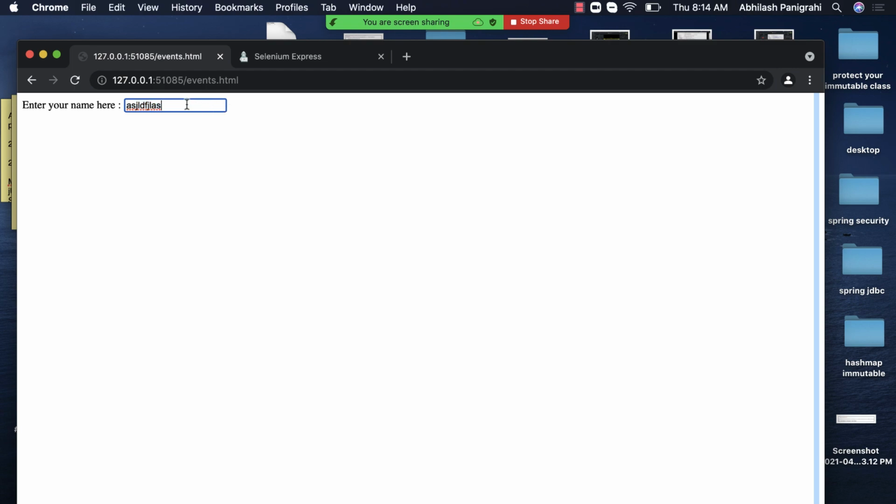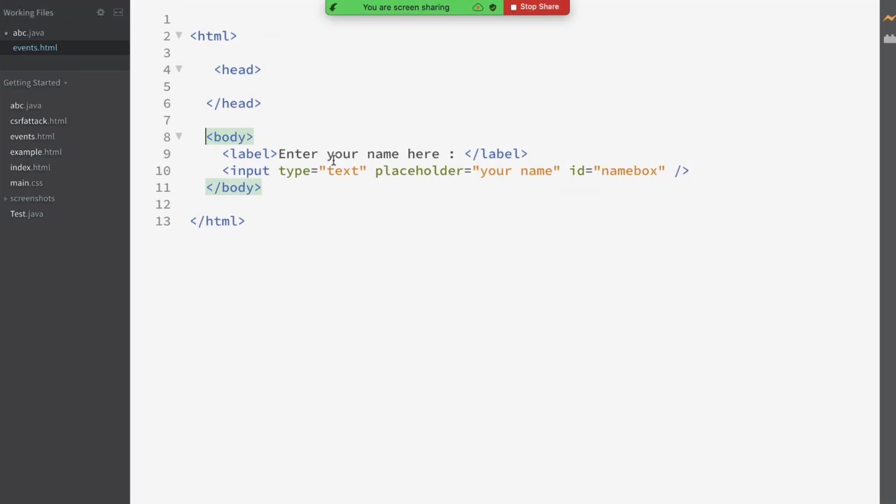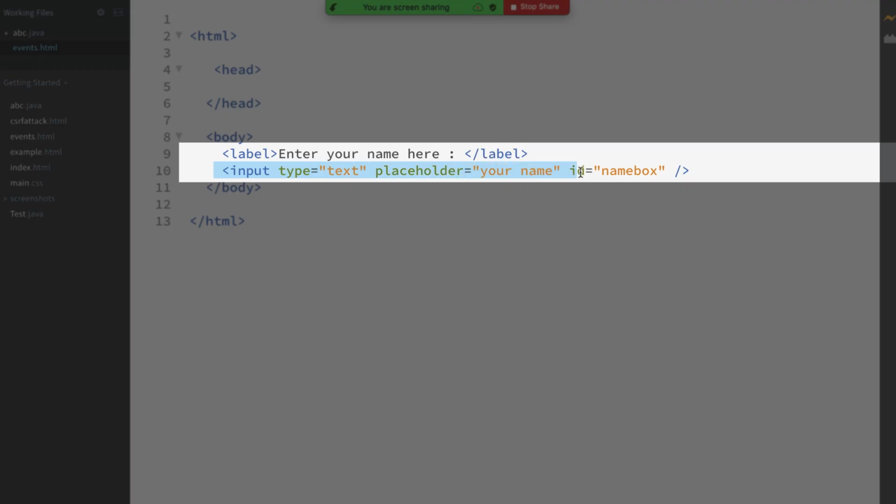So you want something to happen whenever the user is typing something and clicks outside of the box. Let's say I click over here, then I want something to happen. How can I do that? For an example, I'll go over here, and I want something to happen when someone enters something in the text box and